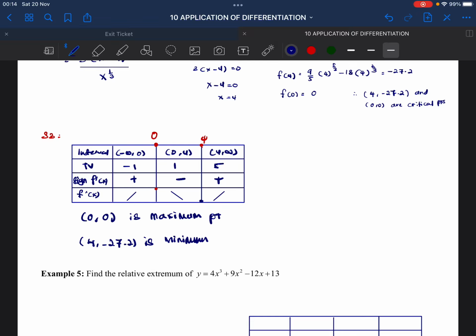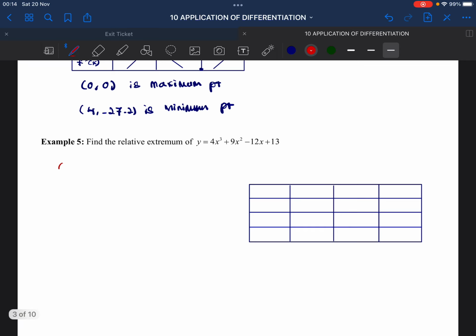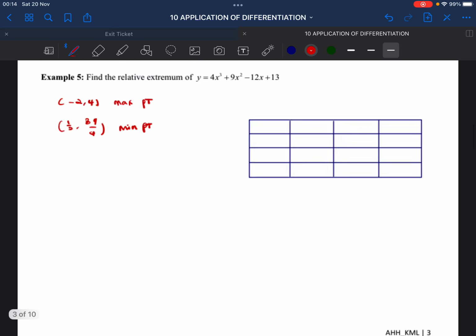Okay, so that is how you use your first derivative test, by using the first derivative test table. So you can do this example 5 by yourself. So the answer here is negative 2, 5 maximum point. 1/2, 39/4 minimum point. Okay, alright. So next